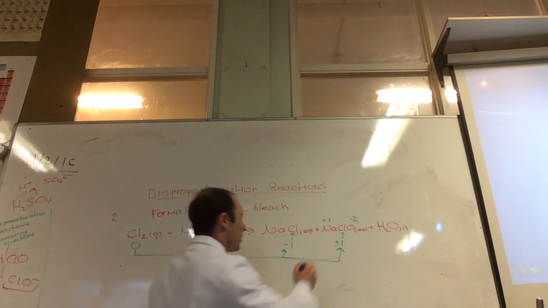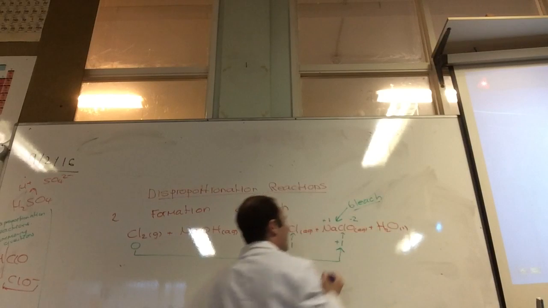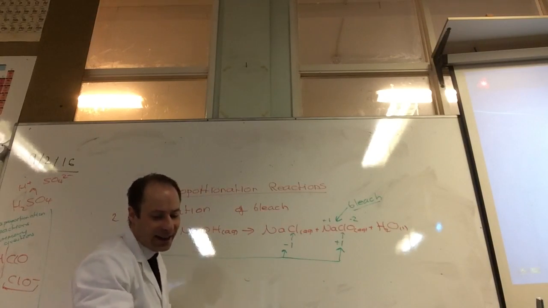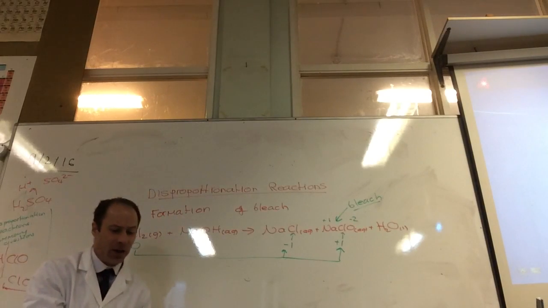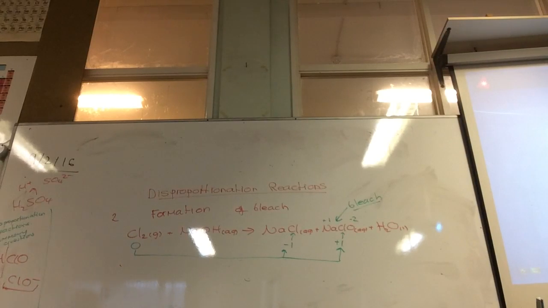What is bleach? This is bleach. So that's how you get bleach. Like so. And again, you need to know that reaction. All the other halogens react in a similar way to those. The only other thing